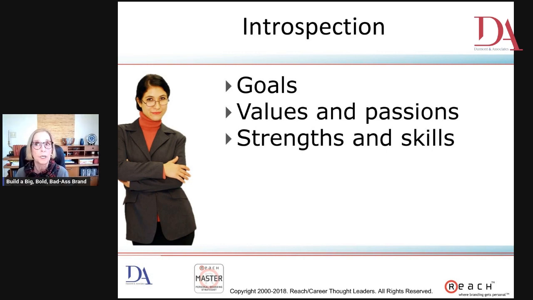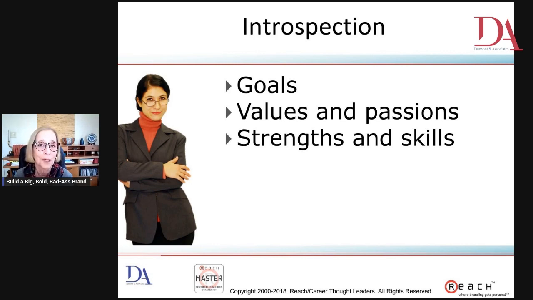A core value would be loving children or loving mankind or believing in equality or that every child has a right to grow up in a loving home. Those are values, okay? Those are the ones I'm talking about, the things that are guidelines for you. You do not change these, okay? We're also talking about passions or interests. What is it that makes you jump out of bed in the morning?